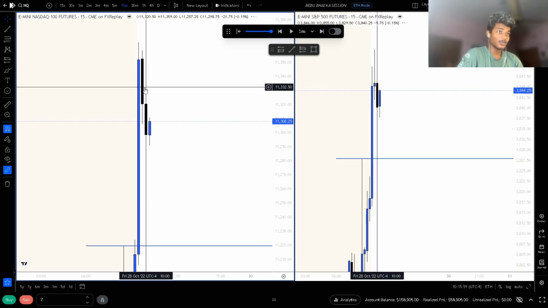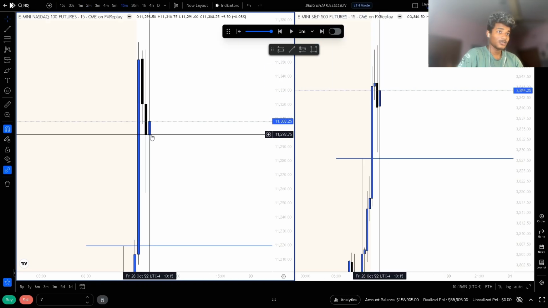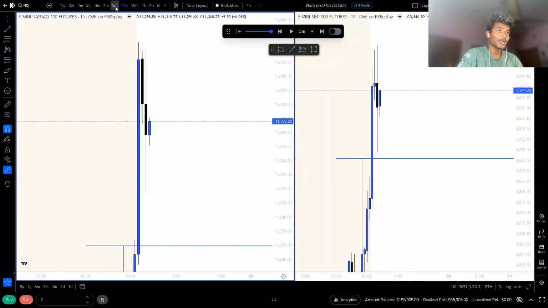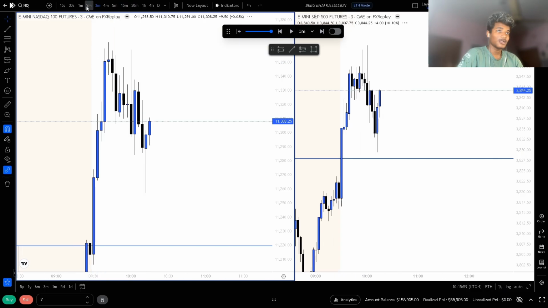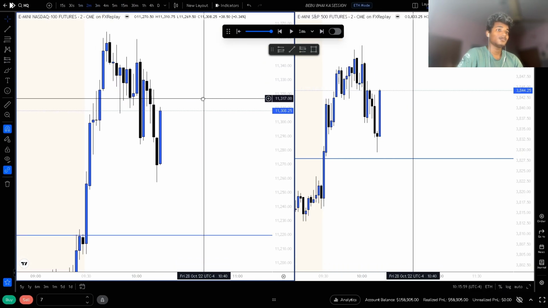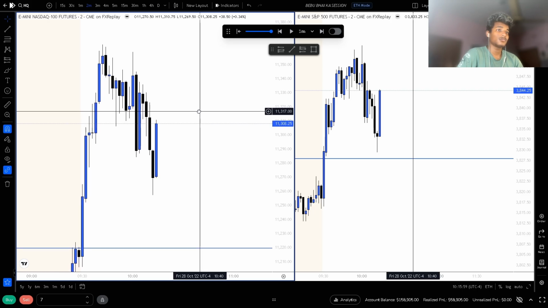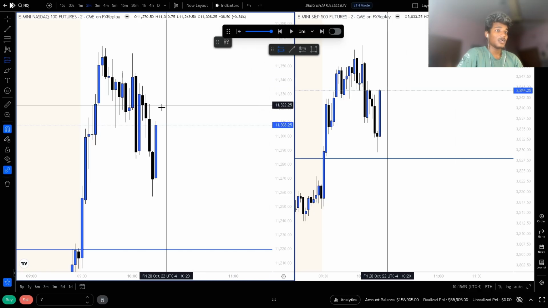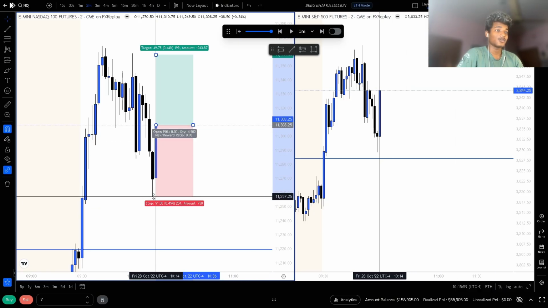If you look on the 15-minute, this 15-minute has gone down, but has not swept any significant liquidity. So I may get stop raided, but I'm going to take this. This is a nice setup to actually take,